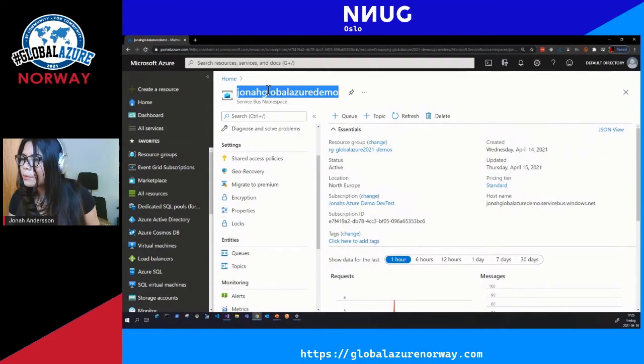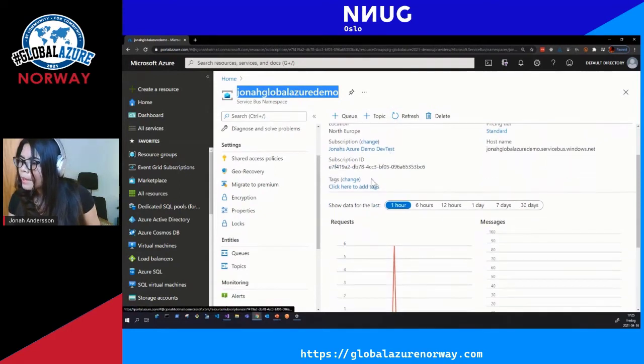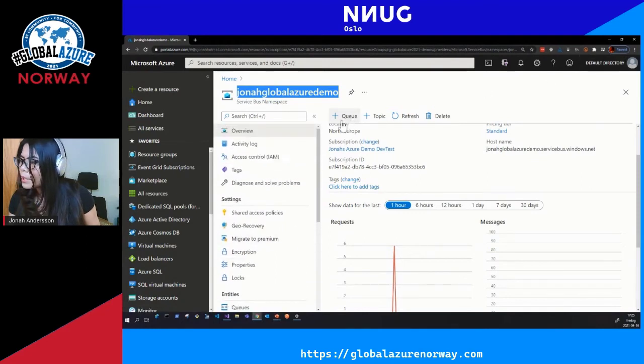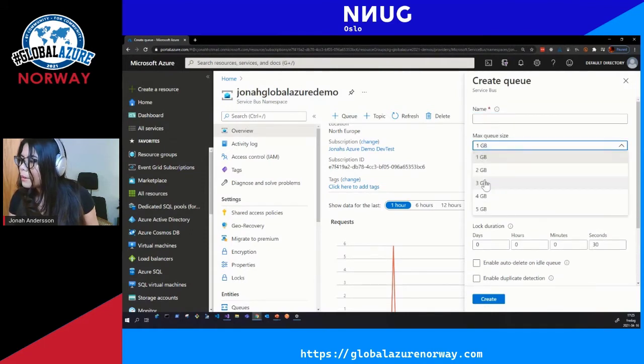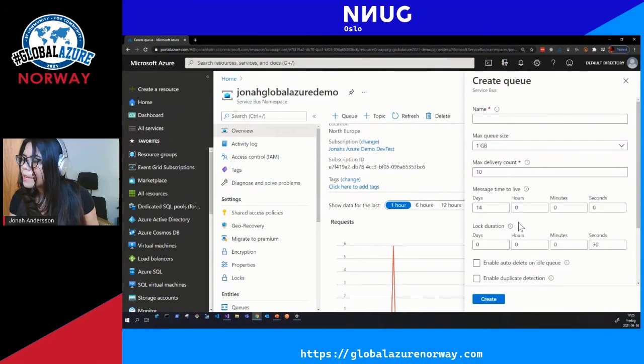It's called Jonah Global Azure Demo. In order to create a queue or topic, I had to sign up for the standard pricing tier. If I want to create a queue, I could do that, set a name, and the max size here is from 1 gig to 5 gig.